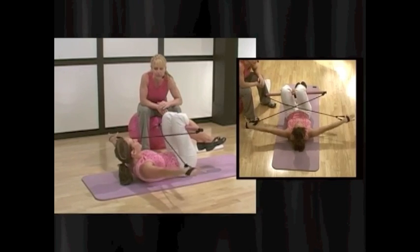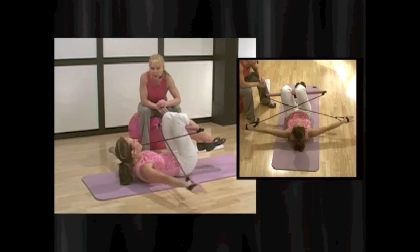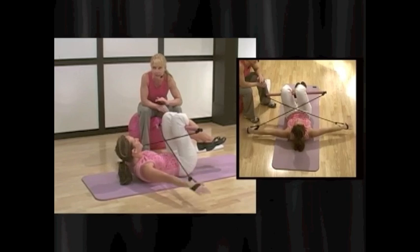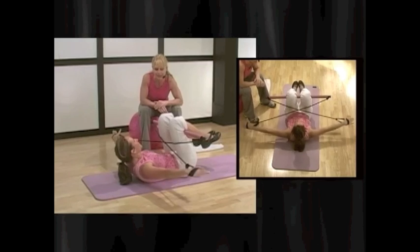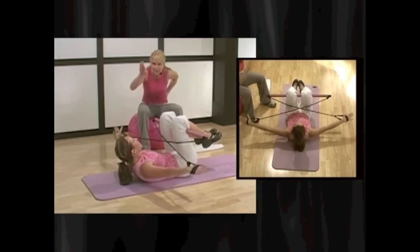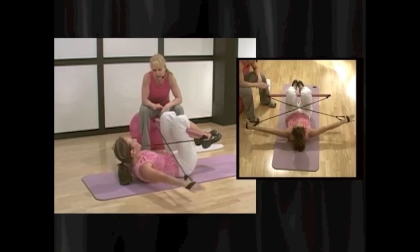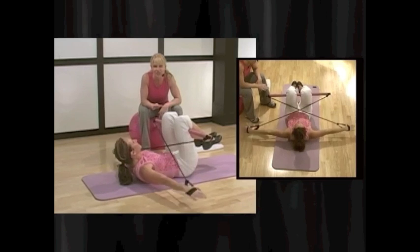Stay there. You're going to give me 8 more in this position, and then you're going to come back to the center, and you're going to continue to breathe here. Remember, if you get tired, you can always come back to the center, lower the head, and keep your arms moving, or take the break. Come back to the center, and you're going to finish up right here. Nice job. Now, really think about engaging the abdominals, tilting the pelvic bowl under, getting a little bit of that C curve that we talked about, and staying there. Good. You got 4 more. 4, 3, 2,